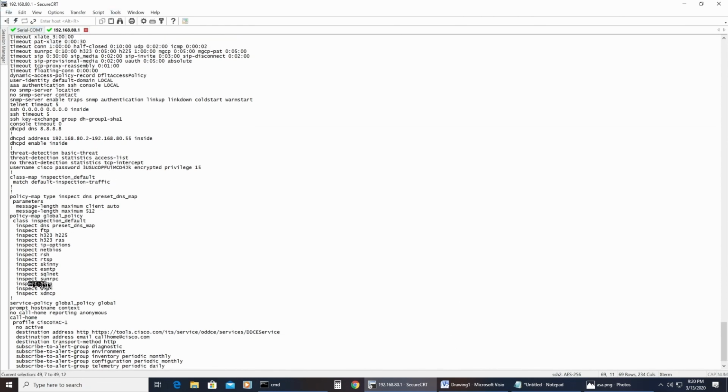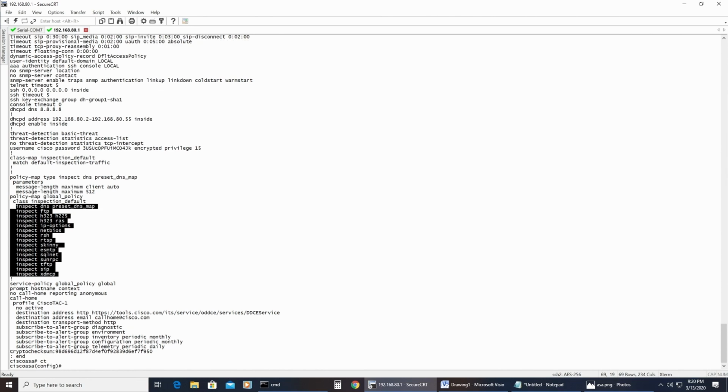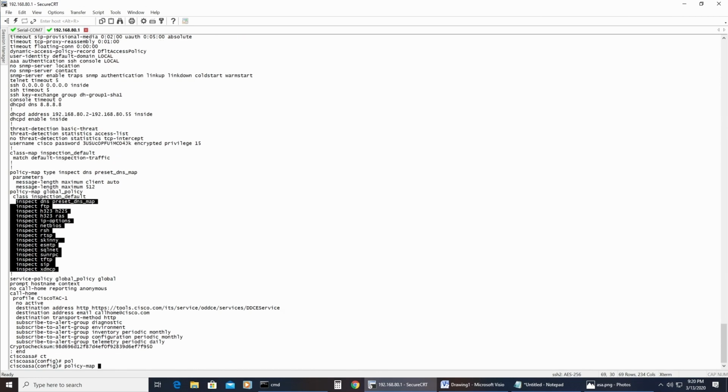In order to pass pings, we have to tell the machine to inspect pings. And right out of the box, it doesn't do that natively. So let's get into that. We're going to do our shortcut CT, and we're going to change this policy map. In order to do that: policy-map